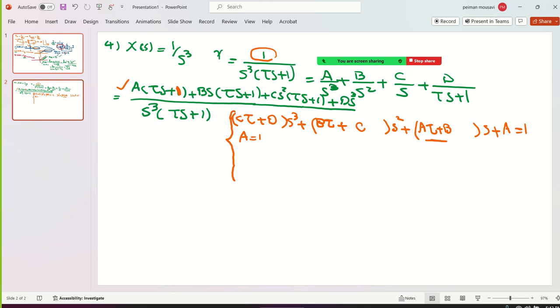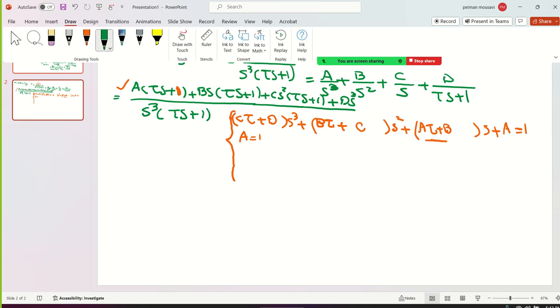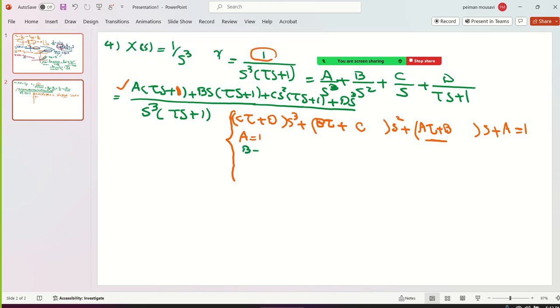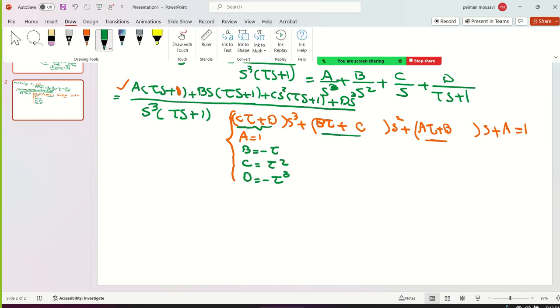I'm very sick. You get b going to be minus tau, and if you put this here, you're going to get c going to be tau squared, and if you put this here, you're going to get d going to be minus tau cube. So being said, just replacing there,